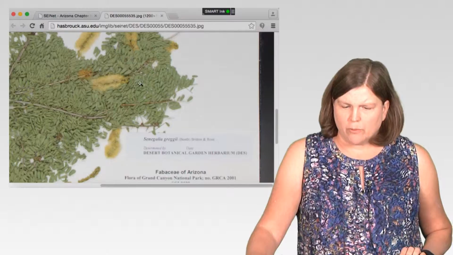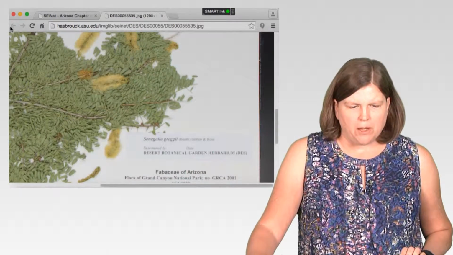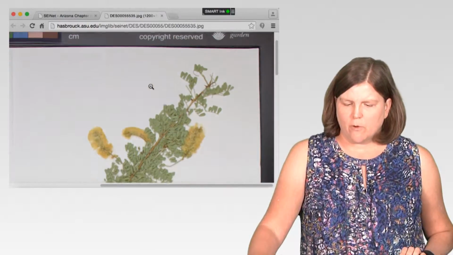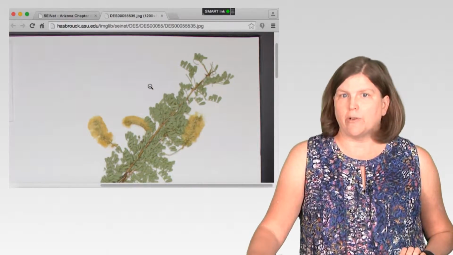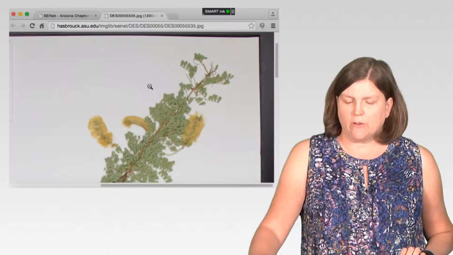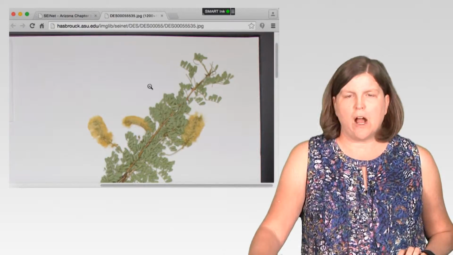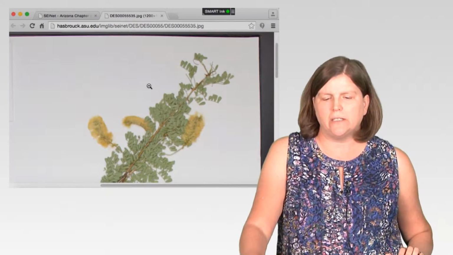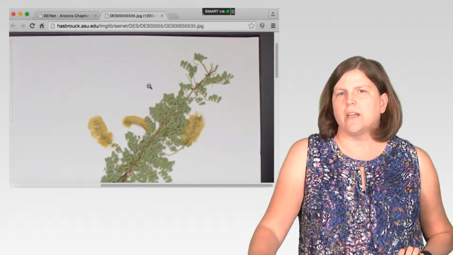So these herbarium sheets provide a physical voucher for the flora of everywhere. People have been making herbarium sheets for hundreds of years. We even have at the ASU Herbarium, which is housed in the Alameda building, just south of the Tempe campus,